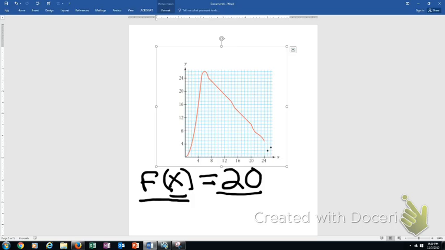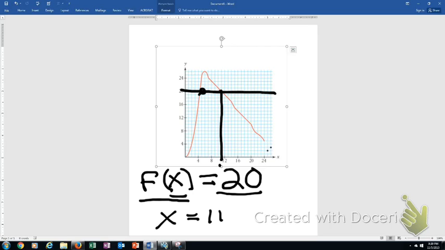So now we're dealing with output. And if our inputs are all x's, our outputs are all y's. So I'm going to go up here and show my y. And lo and behold, there are 2 areas, one there and one there, in which an input gives me an output of 20. And it looks like one of them, I'm having a hard time seeing it now that I've drawn that big line, but these go by 1s, yours may not. Let's see, 9, 10, 11, maybe x could be 11, and it should be somewhere around there. Looks to be about 11 on mine,